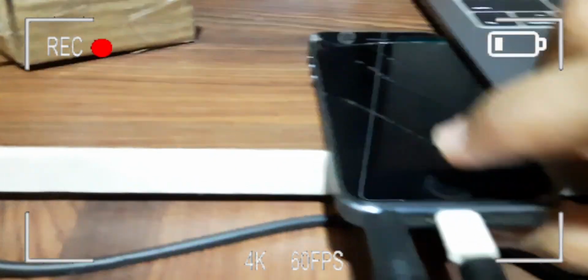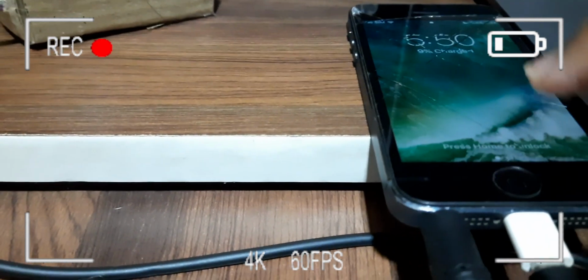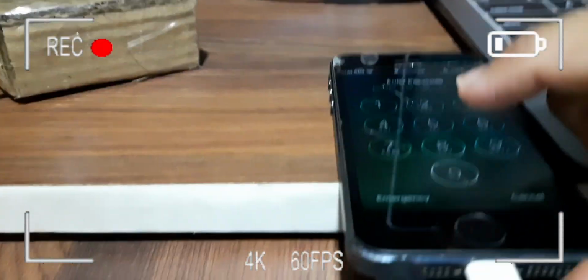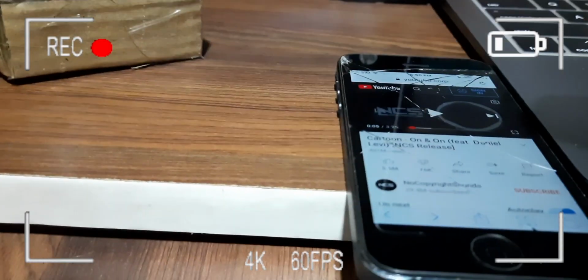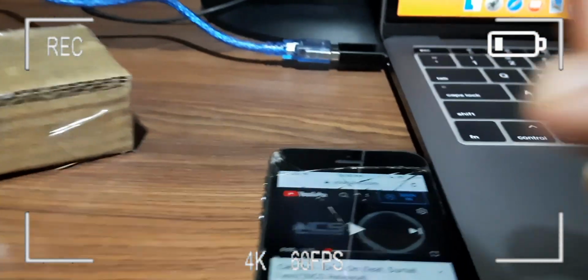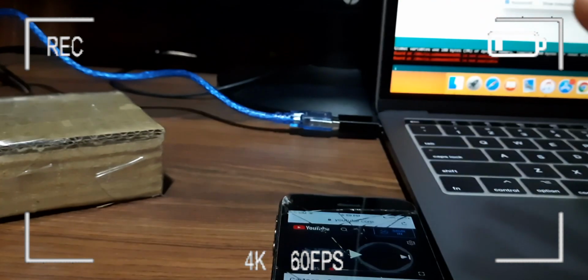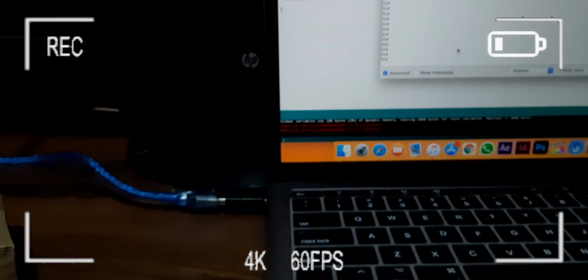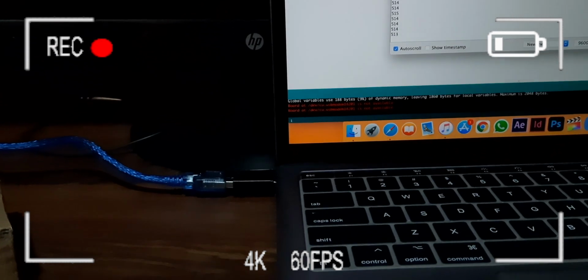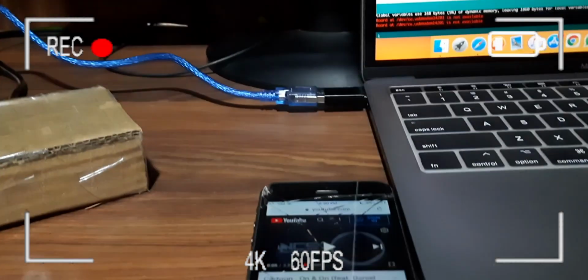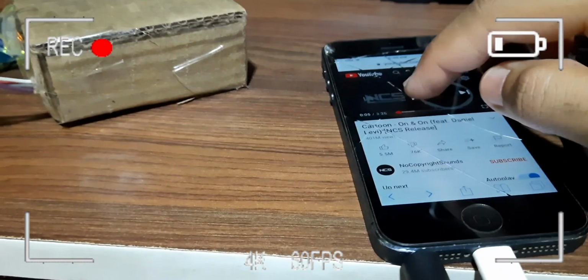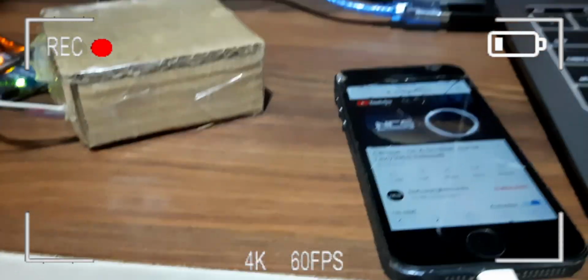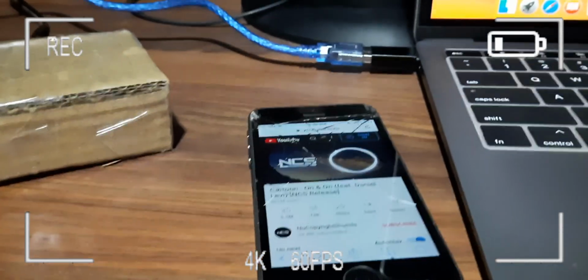So let's play the song. Hopefully we get a clear sound from this, because the first one I made was horrible. So let's play. Fingers crossed. I think it should work. The 514 reading is constant. It's not zooming in, so okay, let's play this. Oh, it sounds clear, bro.